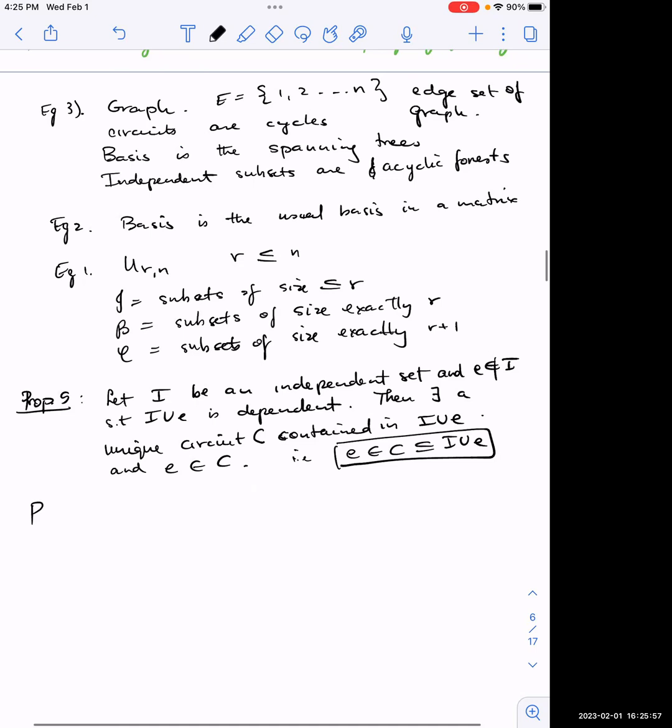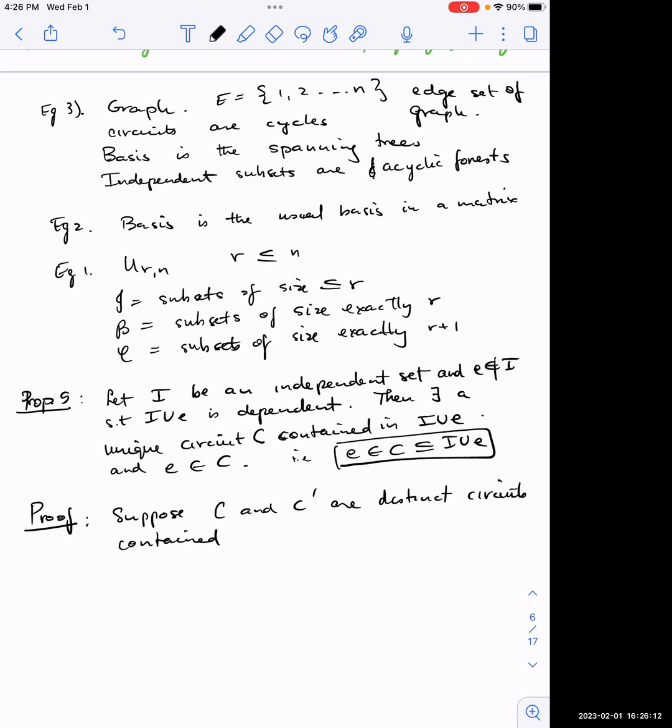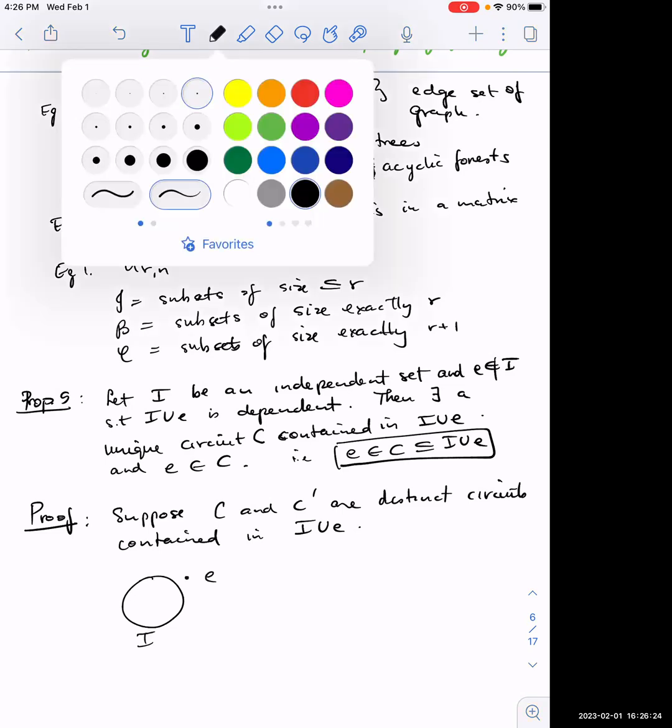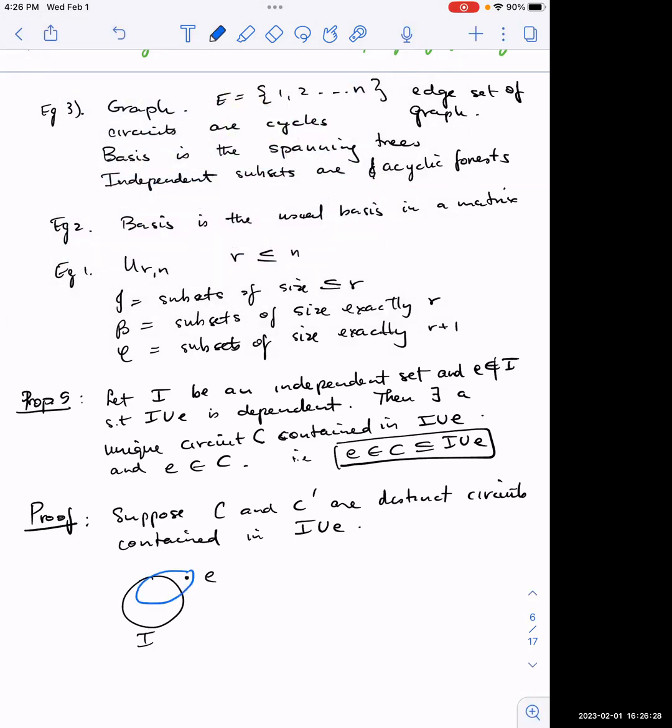Proof. Suppose C and C dash are distinct circuits contained in I union E. So you have your I, you have your E outside it, and you have C and C dash, both containing E. And then by the circuit elimination axiom,